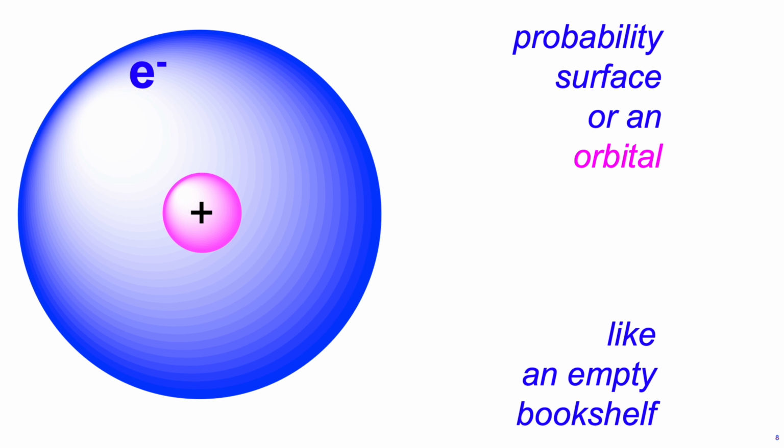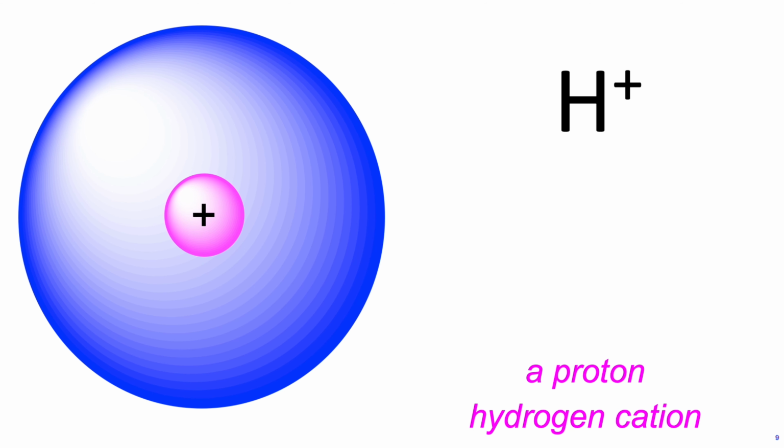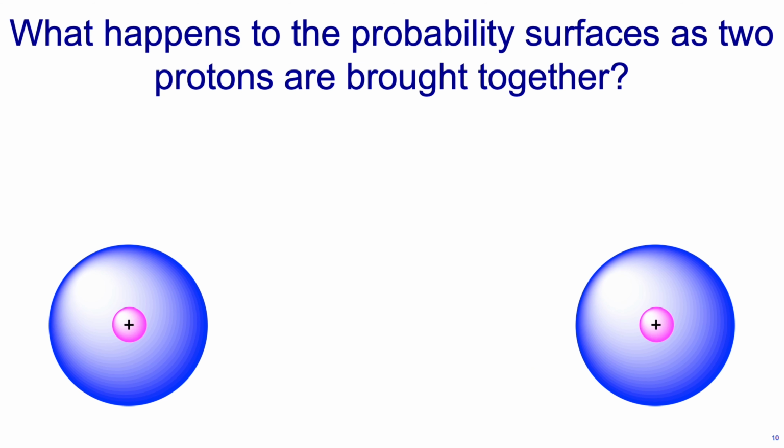Okay, we pop the electron in the lowest energy bookshelf, the lowest energy orbital, which happens to be this s orbital, a spherical surface. The probability of finding the electron on that sphere will be maximal, according to Schrödinger. As I bring two protons together, would it be beneficial to recalculate the wave equation to maximize the interaction between them? Yes. What happens to the shape of the probability surface then? It will change. The shape of the molecular orbital, which represents that first bookshelf, changes too.